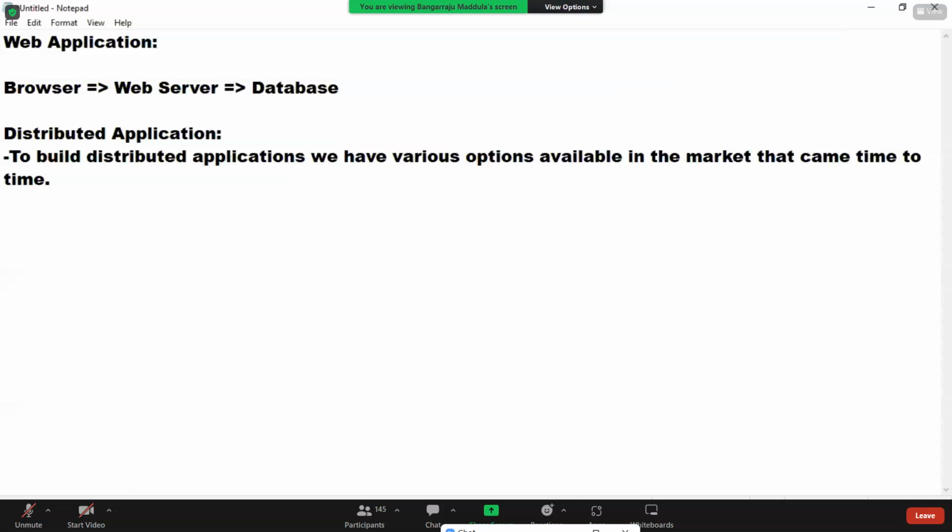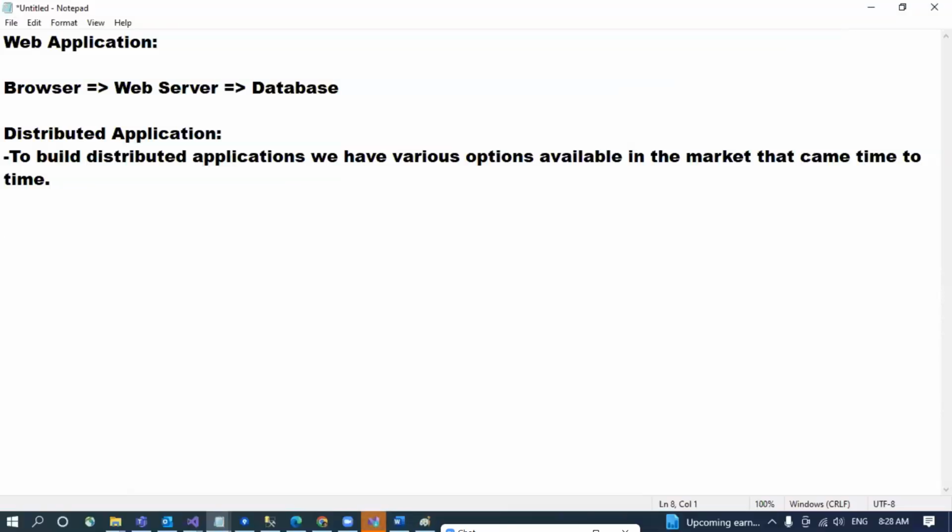First, long back in the 90s, to build distributed applications, we had distributed technologies available in the market, like RPC from C++,